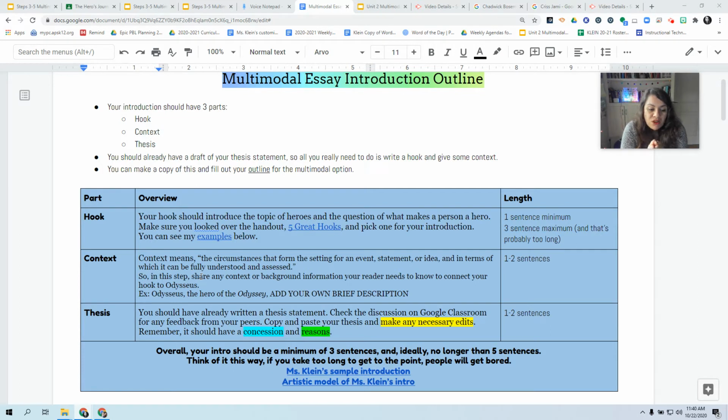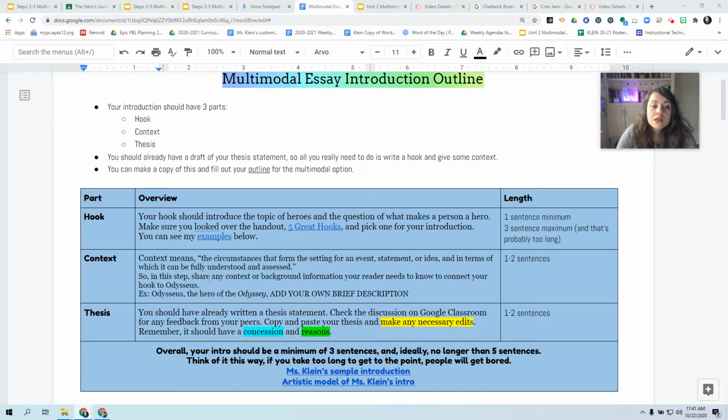It's basic, but it's also really important because if you're writing an essay about Odysseus and you're like, imagine that you're walking down the street and you hear someone crying for help, what would you do? Odysseus is not a hero. It's like, hold on a second. Like, you were just here and now you're here. And like, what's the connection? The connection is your context. Whatever you are trying to say about heroes, you need to introduce who Odysseus is and make some kind of statement about heroes. So let's see if I can explain this well.